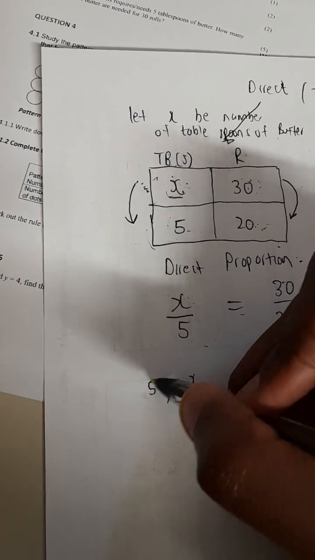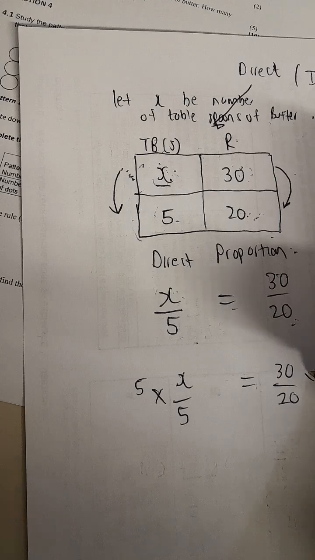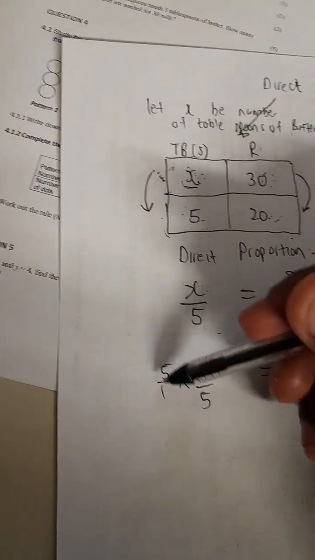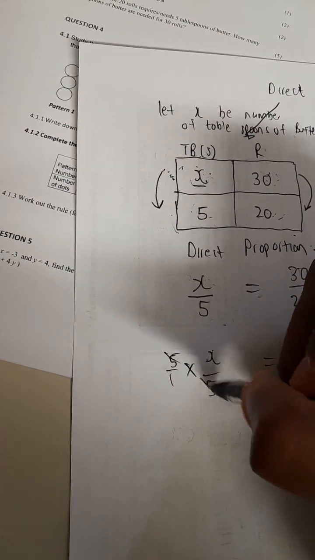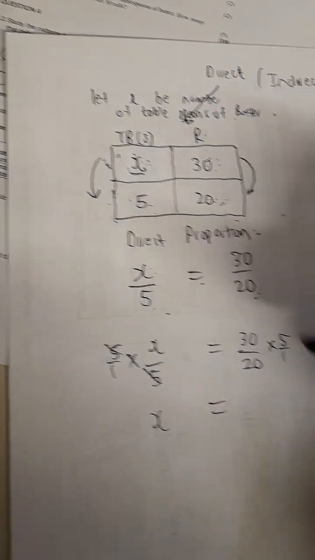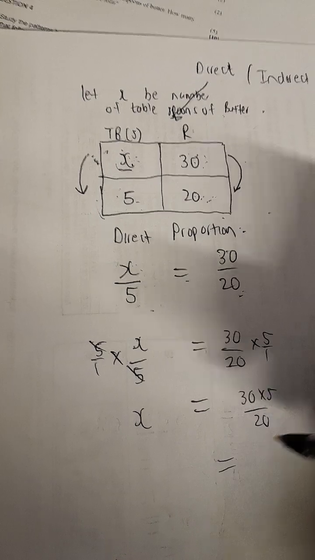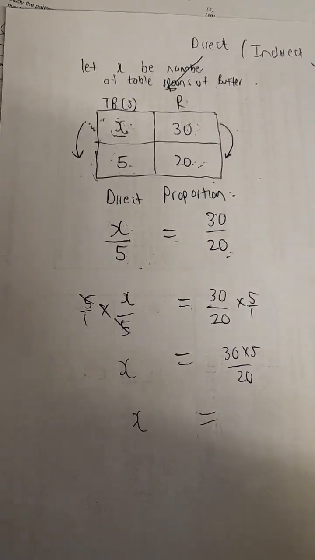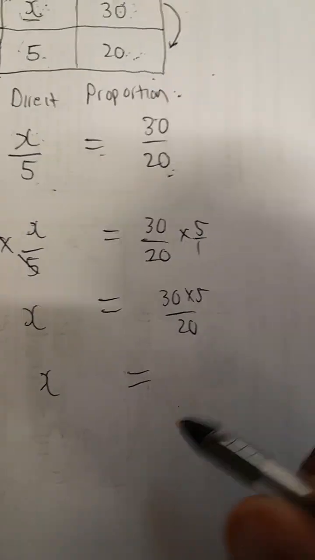I'm going to multiply both sides by 5. Why do I multiply both sides by 5 over 1? Because 5 here was in the denominator. So these two will cancel, we'll be left with x. And then that means 30 times 5 over 20. Then you can just use your calculator and say 30 times 5 divided by 20. You're going to get